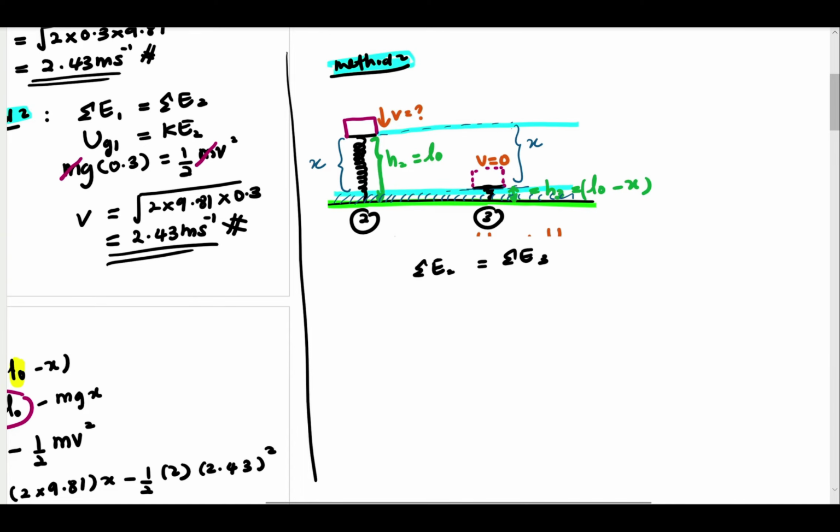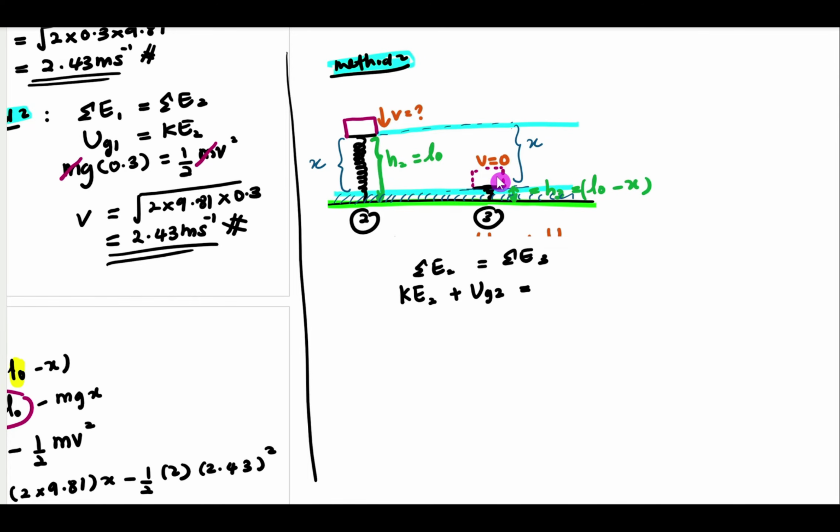So, in diagram 2, the object is moving right. So, dia akan ada kinetic energy in diagram 2 plus dia juga ada gravitational potential energy. Gravitational potential energy when the object is at a height dia bukan L0. Ingat ini yang case warna hijau tadi. Height dia kali ini adalah X, sebab kita ambil biru ini kita punya ground, reference line kita. Maknanya, bila dia compress yang kecil bawah ini, kita ignore. Okay? So, dia akan jadi equal to, in diagram 3,